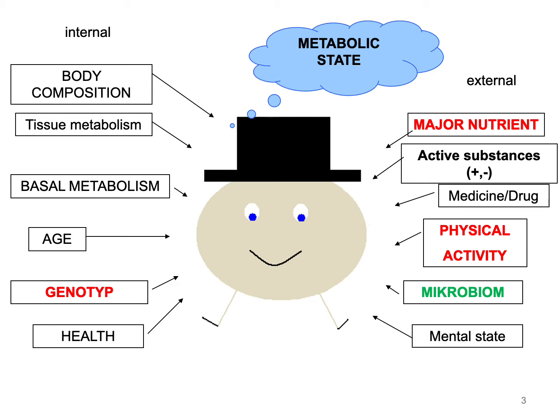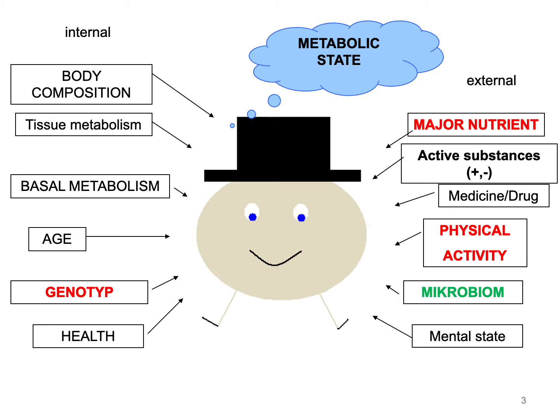The internal factors are the body composition, more or less fat percentage, etc., the tissue metabolism, the level of basal metabolism, which is in close relationship with the thyroid hormone levels and activity, age, of course, generally the genotype, the health status. These are the background